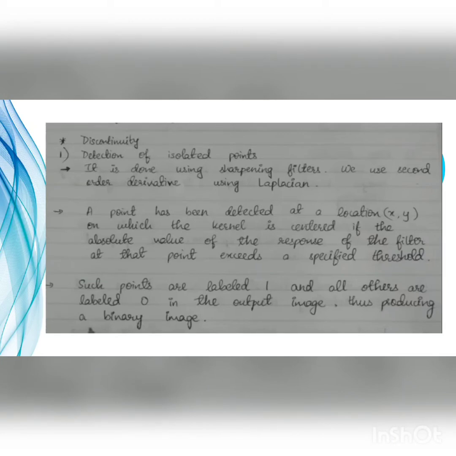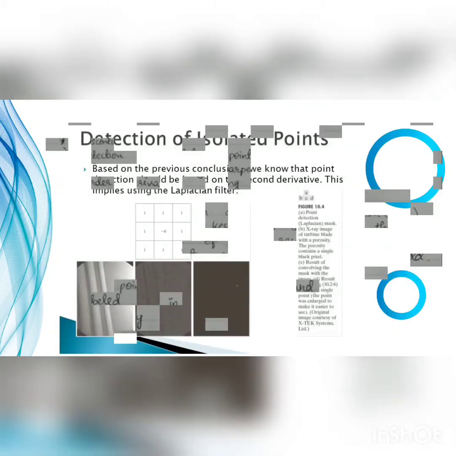The process is: a point is detected at a particular location, which we can call xy, on which the kernel is centered. If the absolute value of the response of that filter at that point exceeds a specified threshold, such points are labeled 1 and all others are labeled 0 in the output image, thus producing a binary image. That is,